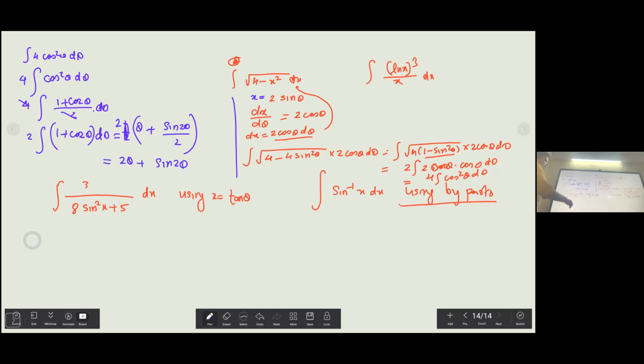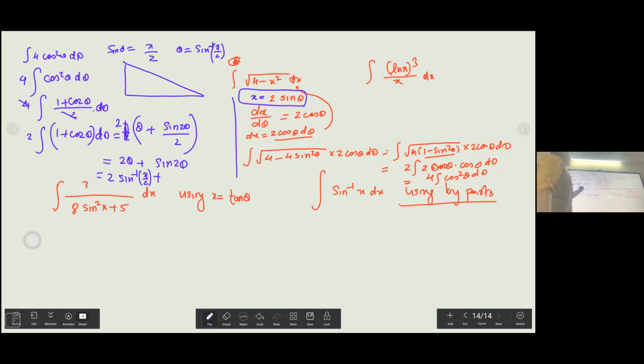So we got till here. Now after this, the next task is substituting back your previous value, like what your exact answer is going to look like. Since I know sine theta is x by 2 from here, if I make a triangle, it means that theta is sine inverse x upon 2. So it will become 2 times sine inverse x upon 2.